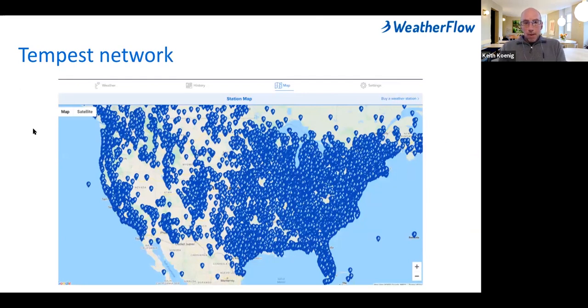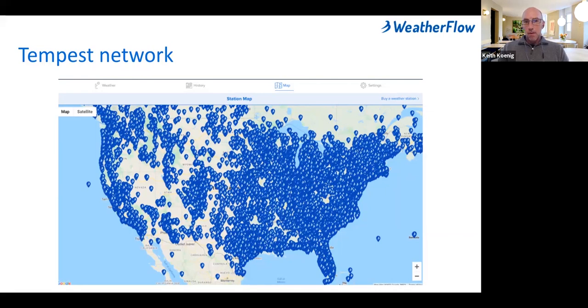This is a map, obviously, of North America. We've been at the deployment of Tempest systems for a short 2 years. We're proud to say that there's over 25,000 reporting devices across North America. There are Tempests all over the world, even though we've only spent our time focused on marketing Tempest in North America. We see devices in Chile, Argentina, Brazil, New Zealand, Tasmania, Russia, all over Europe, etc. And we're just getting started.